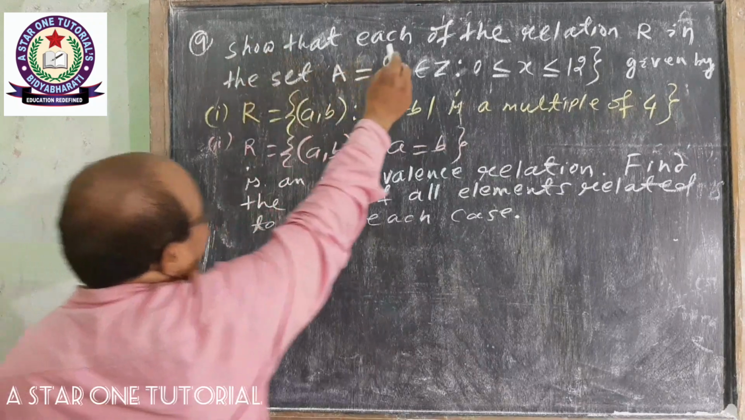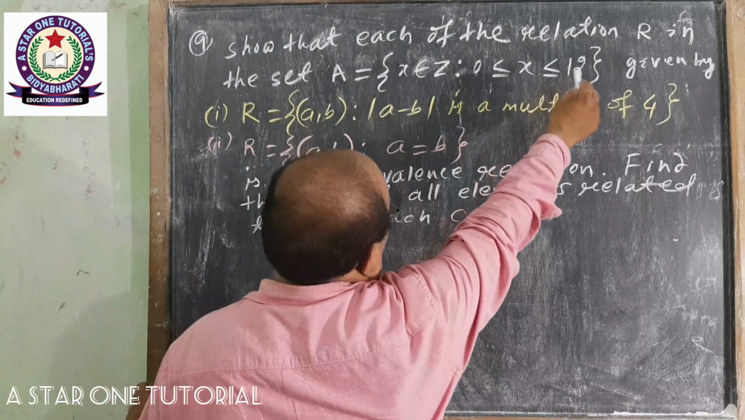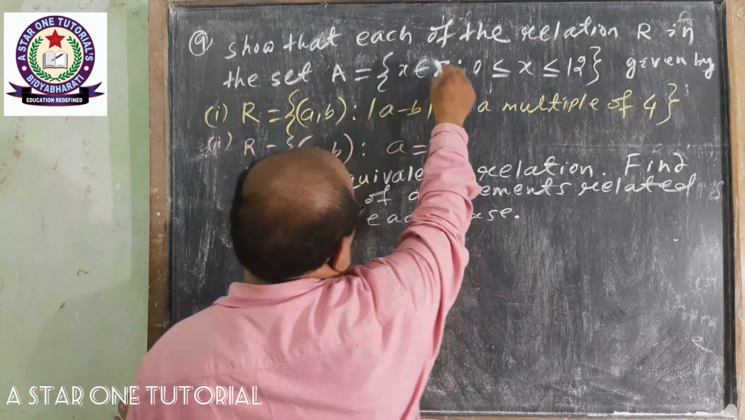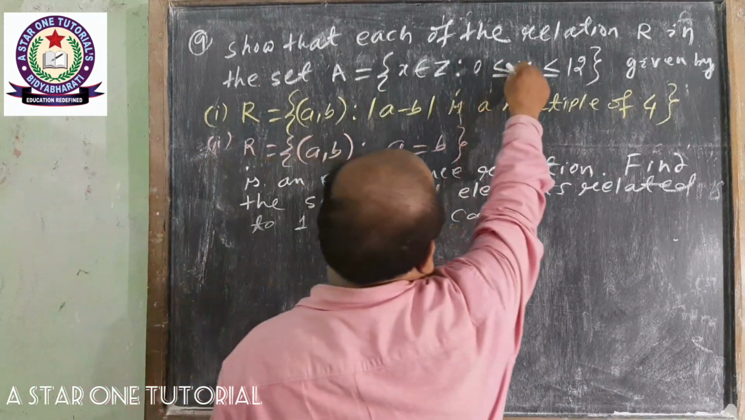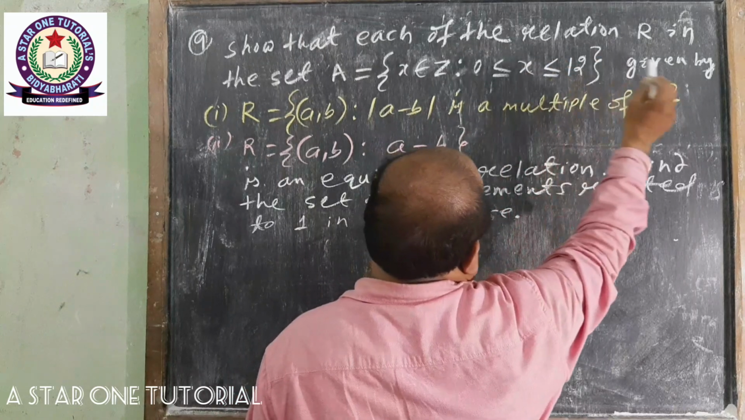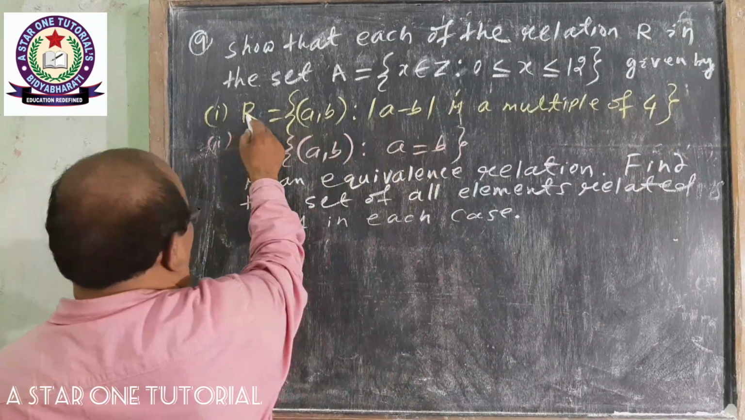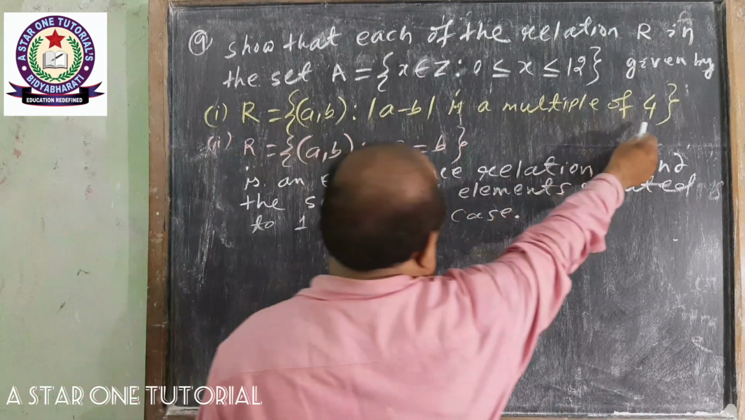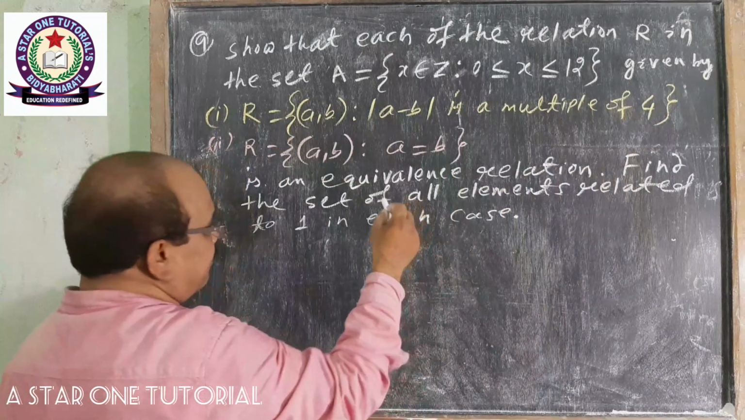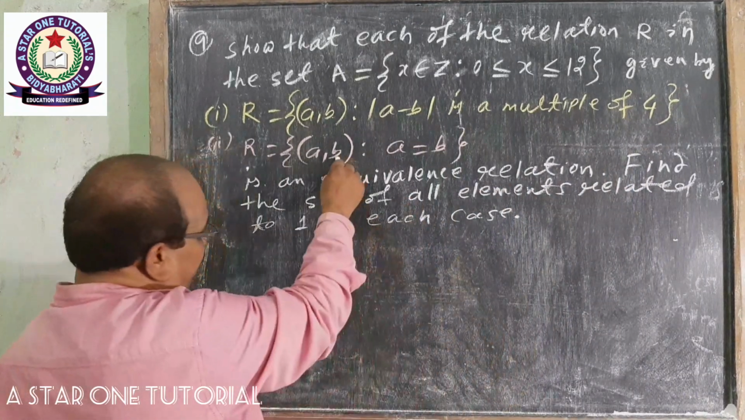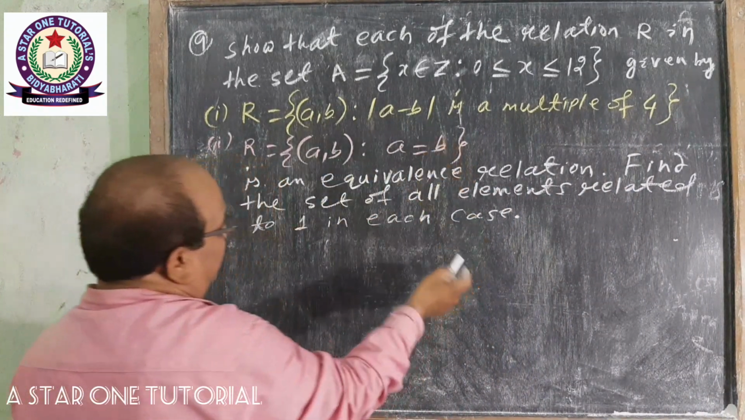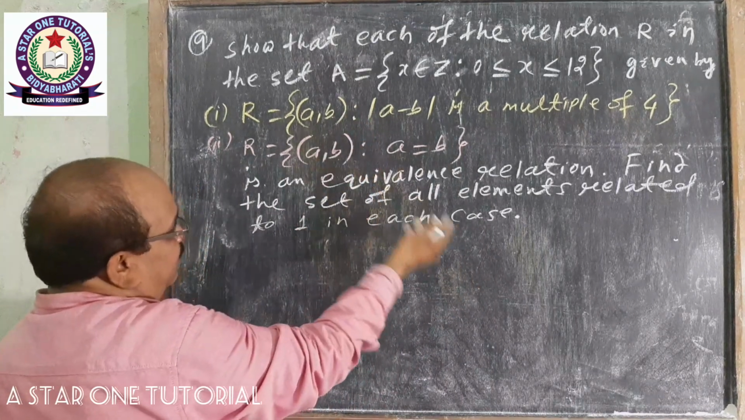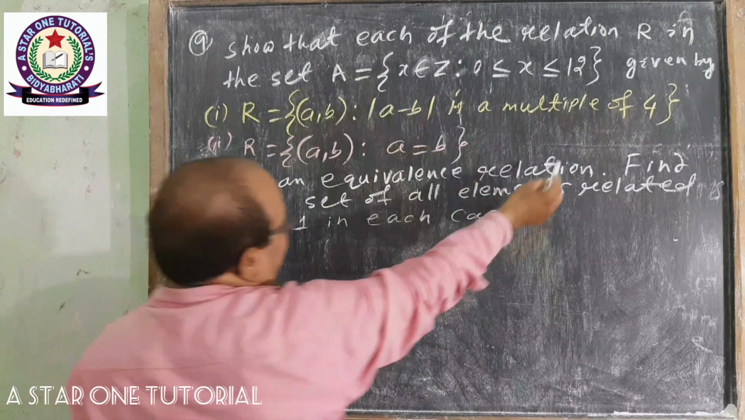So that each of the relation R in the set A = {x belongs to Z such that 0 ≤ x ≤ 12}, given by R = {(a, b) such that |a − b| is a multiple of 4}. This is the first question. And the second one is {(a, b) such that a = b}. We have to show that these two relations are equivalence relations defined on the set A containing the integers starting